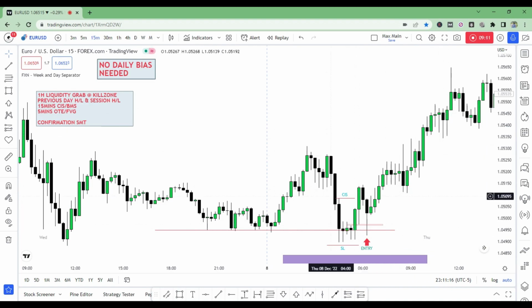Once you see that the change in state of delivery has occurred, and you are looking at the 15 minutes and the 1 hour, the liquidity grab, this market is not coming back down here. That's why you want to place a stop loss down here, and you want to take your entry as deep as possible within this framework. It's so powerful that once the market starts dropping, that's when you enter. Your entry will come when it's dropping into this imbalance and into this order block.